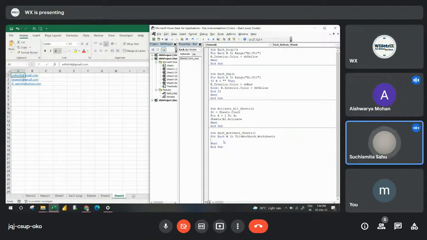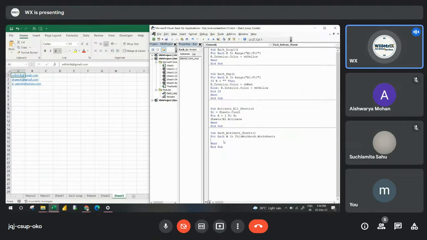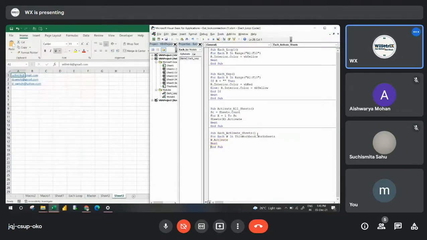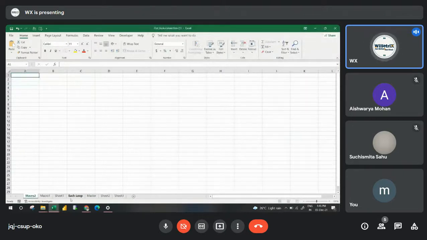In this workbook, whatever worksheets we have, I've taken as a for each loop. Now W.Activate. When I run this code, it goes first, second, third, fourth and fifth. But the macro sheets are not considered here, only purely Excel worksheets, not the macro worksheets.